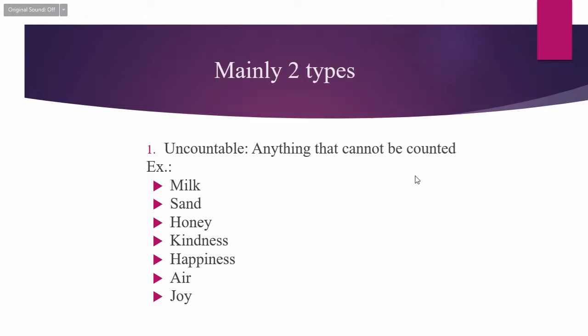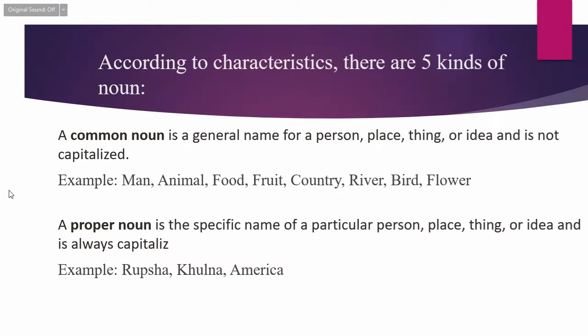Then there is uncountable noun, things that cannot be counted, right? For example, milk, you cannot count milk. Okay, honey, then kindness, we cannot count kindness. Even though we might say that we can measure kindness, to be honest, we cannot measure that because the level of kindness can vary. So it can't be counted. And joy, air, all of these things. And then there is